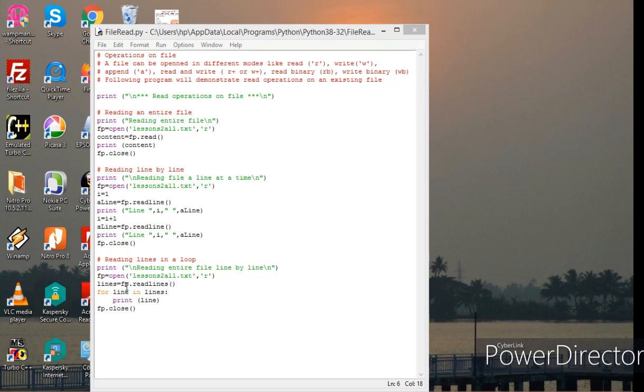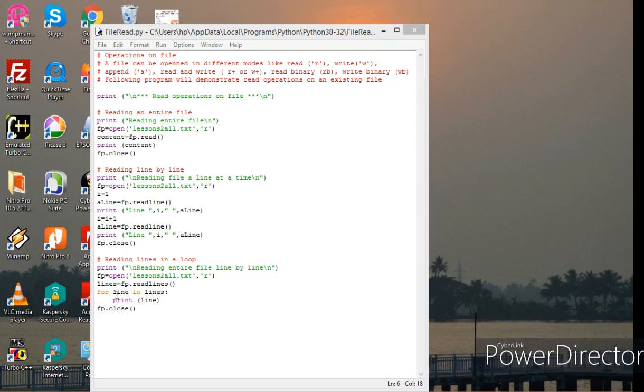So lines equal to fp dot readlines. So all the lines of the file lessons2all.txt are read and stored in the variable lines, and now I'm using the for loop to print the lines present in the variable lines.